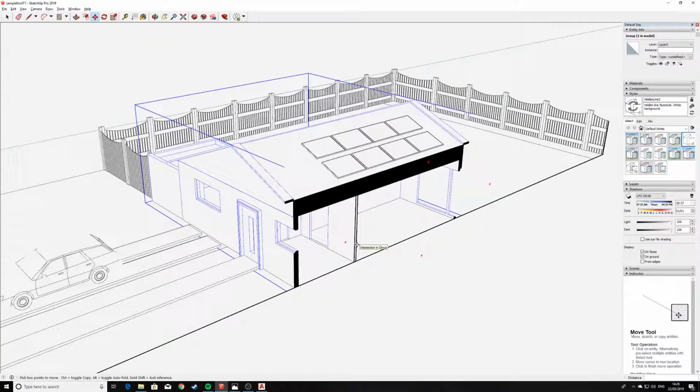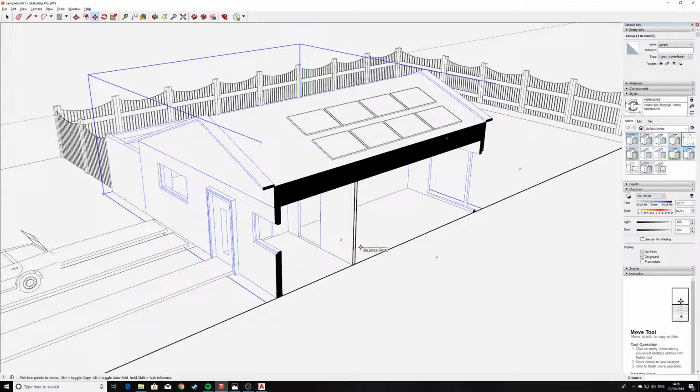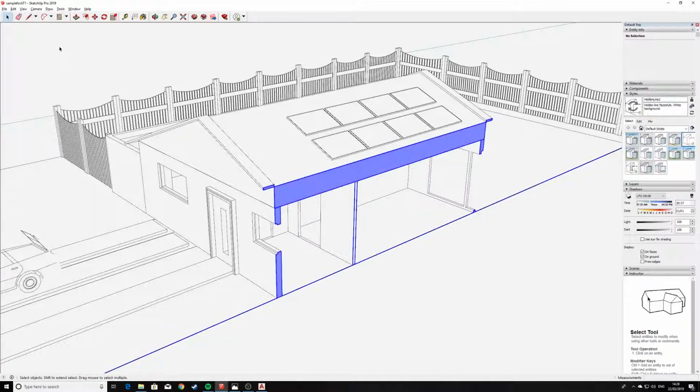So we've got our section cut now, and what we're going to do now is set up the animation. To do animations with SketchUp in its default state, you just use cameras. So we'll click off the section cut just now, and in fact before we set up the camera, a really important thing that we have to do is, if you're using hidden line at the moment,